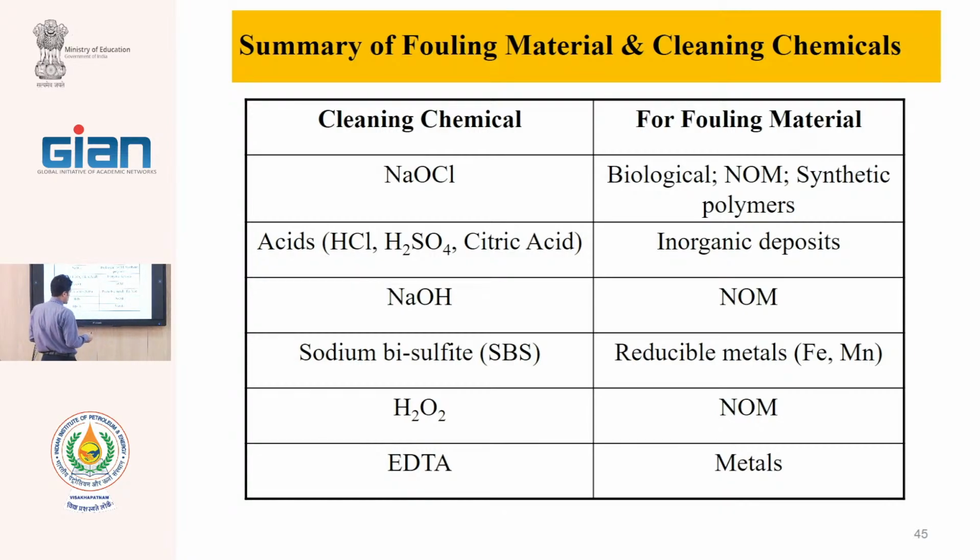We use soaps for our washing, usually prepared from fatty acid plus NaOH. We can use sheep fat and NaOH, and when we boil the sheep fat with NaOH, we can produce